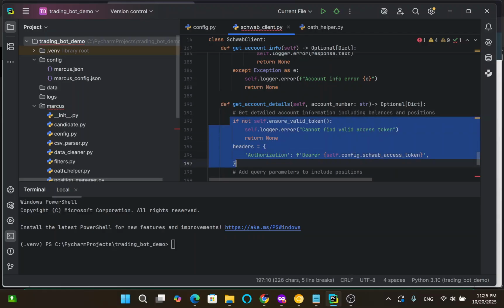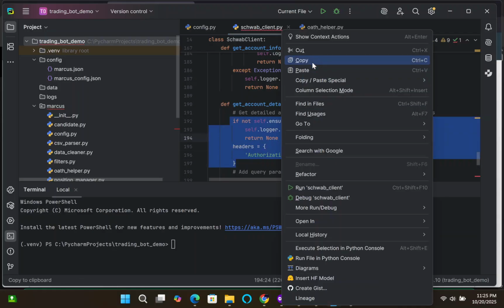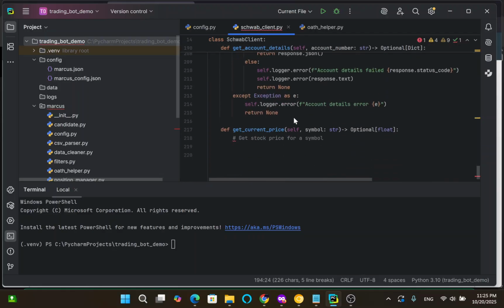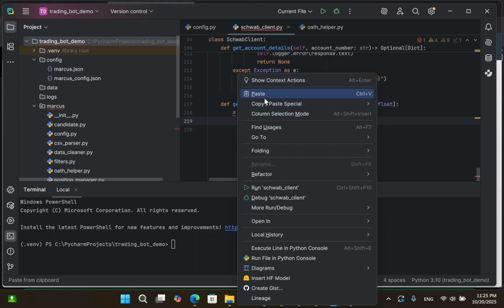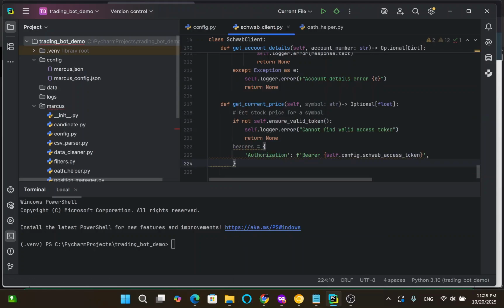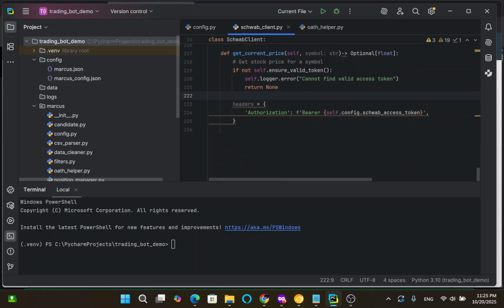So this part we will be copying and pasting here. Okay, let's add some spacing. We had headers, we had ensured the token. Now it's time